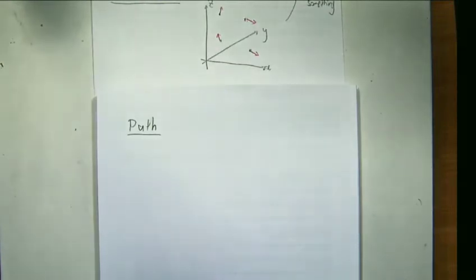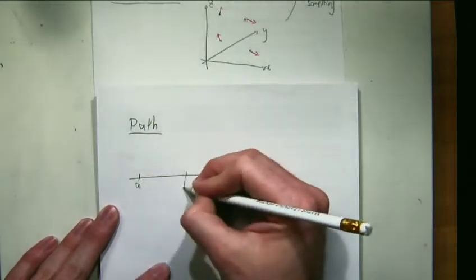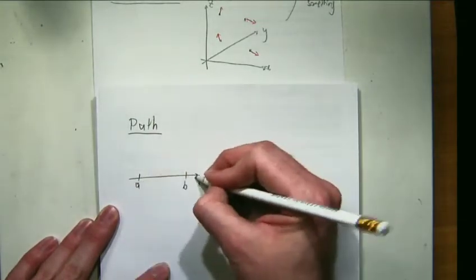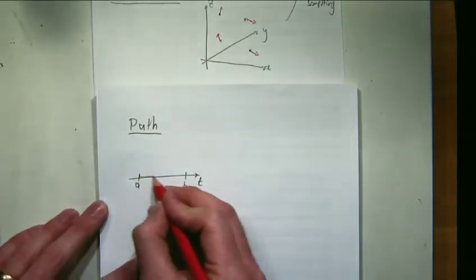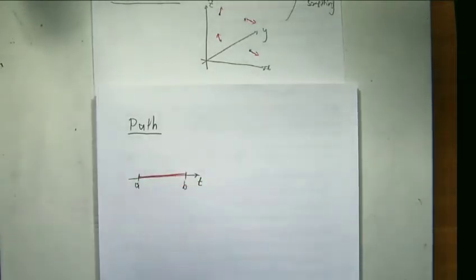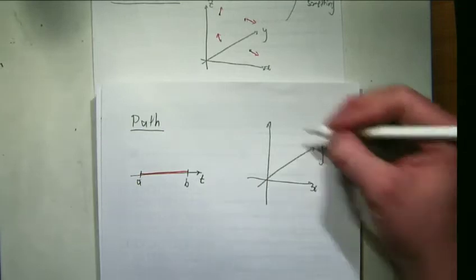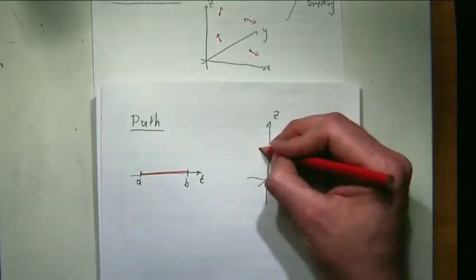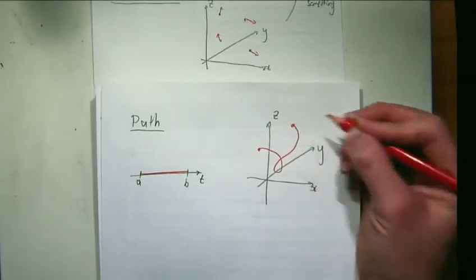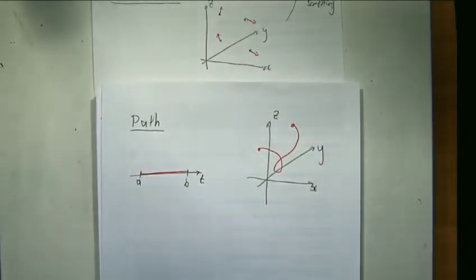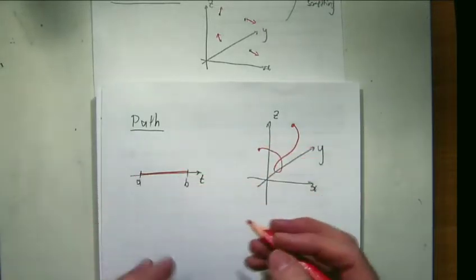And in my head, the concept of a path is that you have some sort of line somewhere which is not in space, it's just somewhere else, you keep it in another room, and it goes from some point to some other point, and it's usually the t-axis. And you use all of these t's and you sub them into a formula to produce something in space. And that's your path or curve. Okay, so this is a parameterization of the curve,